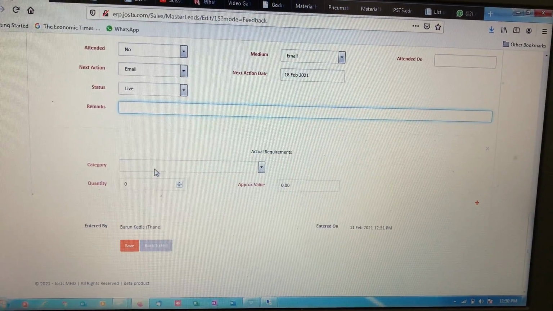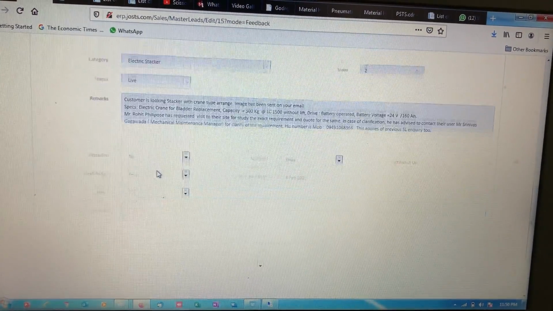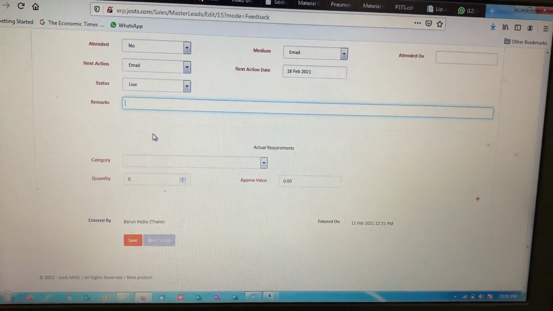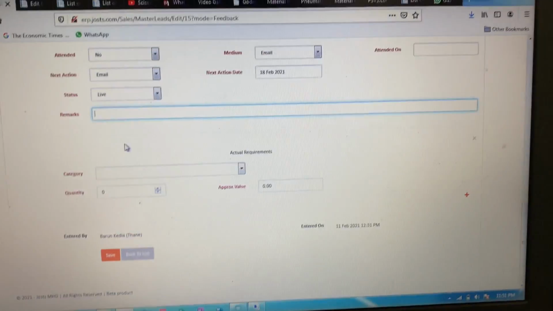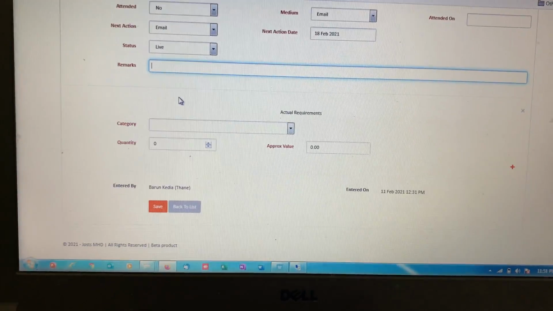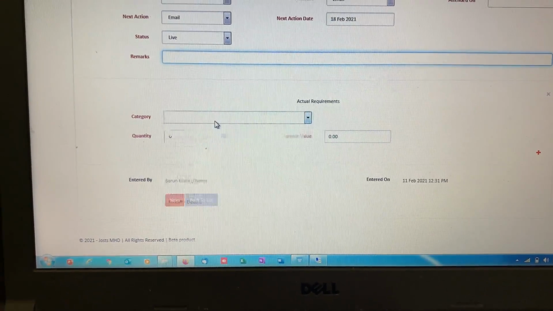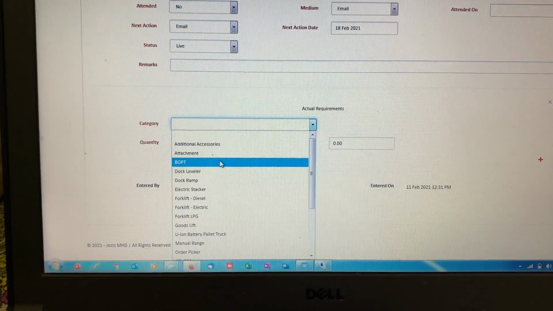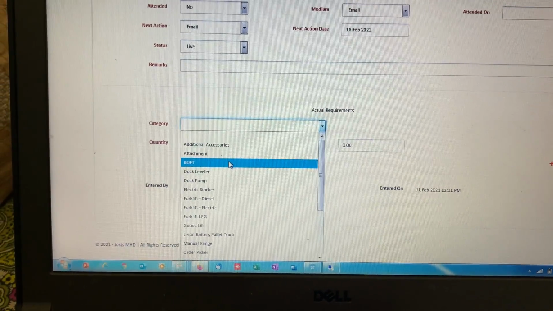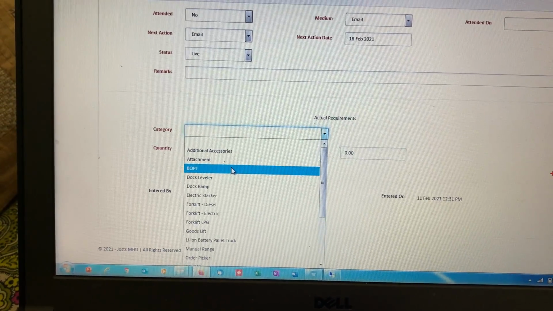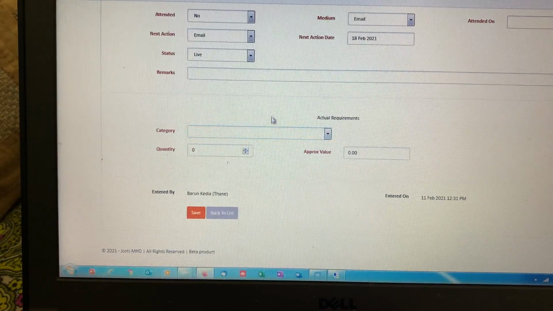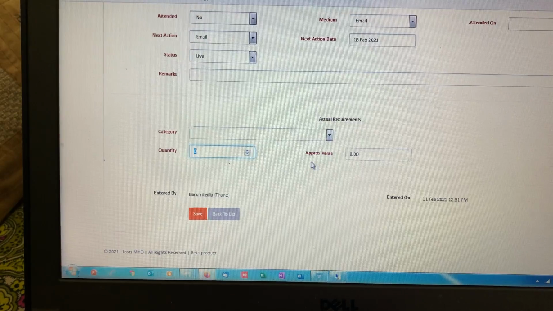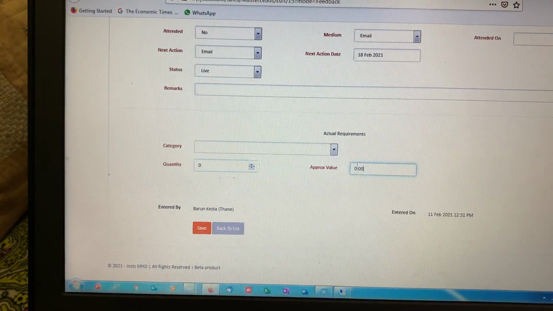The product involved can be the same which you have received during the inquiry, or while attending the inquiry you come to know that there is some different product. So the product can be selected from the drop down. The product can be same or different depending upon the feedback of the customer. What was the approximate quantity involved and what would be the approximate value.